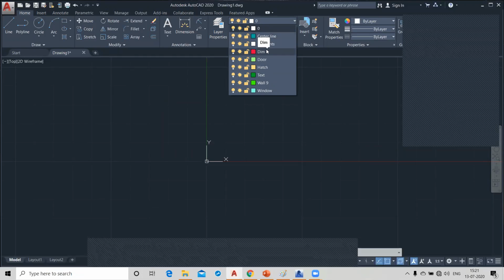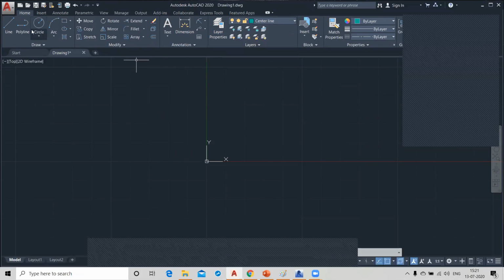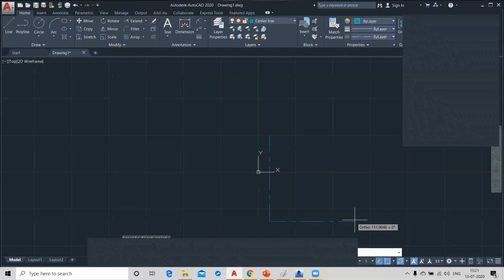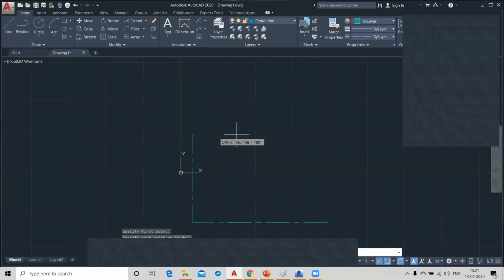Now you want to draw a center line diagram, right? So you can select your center line and draw like this. So this is your center line diagram of your plan, right?